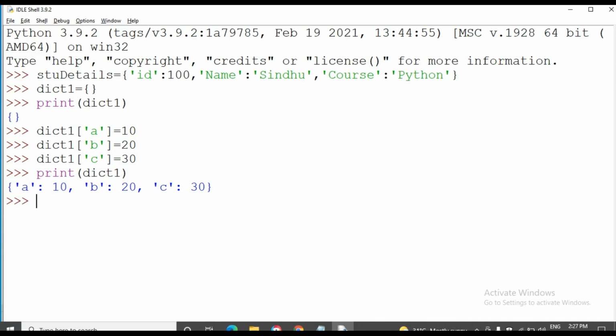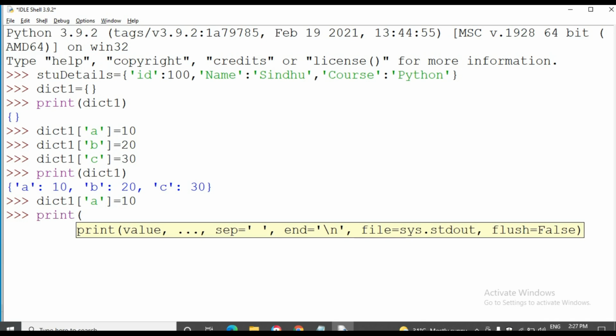I already have a key A. So I want to add one more key by the same name, A. Dictionary 1 of A. Now I'm going to print.